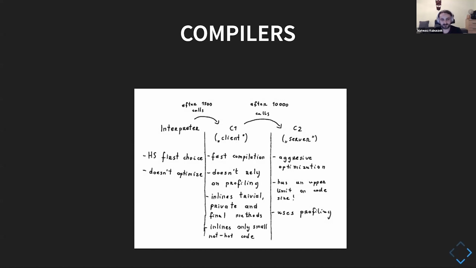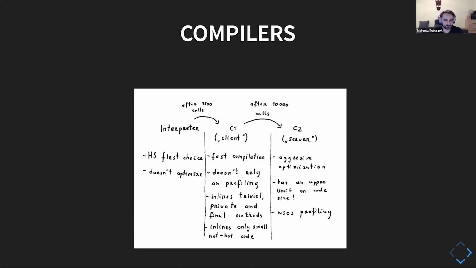And so here comes the first compilation engine called C1, also known as the client compiler. The idea is that it should be able to compile things fast. So it basically takes the JVM bytecode and turns it into assembly of the platform we are working with, to basically use native code. It doesn't do any sort of profiling, and it doesn't do any sort of aggressive optimizations. It should be fast and dumb. The only interesting thing that it does is inlining, and it usually inlines trivial methods, which are up to six bytes of JVM bytecode.